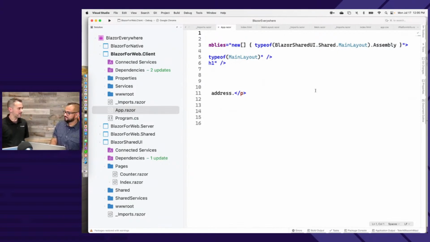I can never remember that off the top of my head. I always have to Google it. Like I know where it goes. I can never remember that line because it is an array. You have to new up an array, and that it's type of an array of assemblies. Always very confusing. Again, somebody should write a book about it.